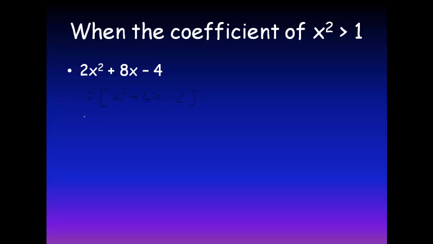Now we can complete the square for everything that's inside this square bracket here, and we get, remember it's half the coefficient of the linear part, so it's x plus 2